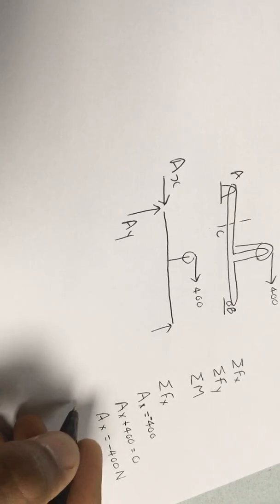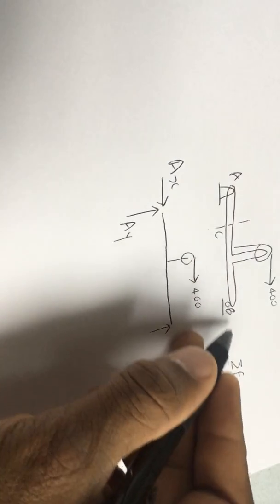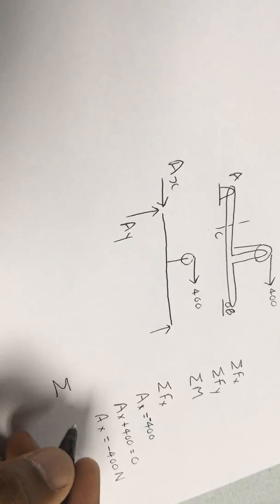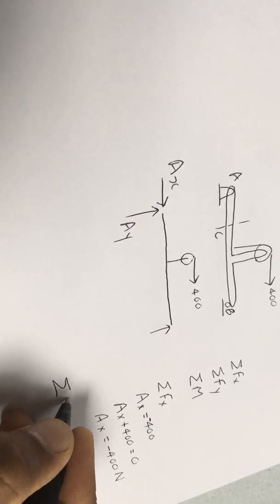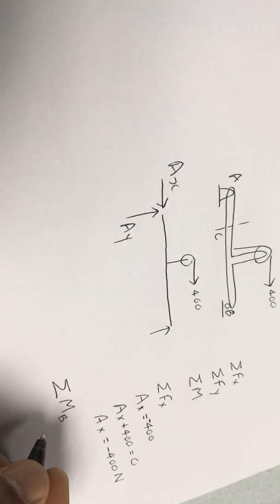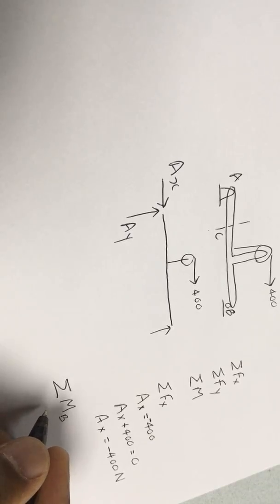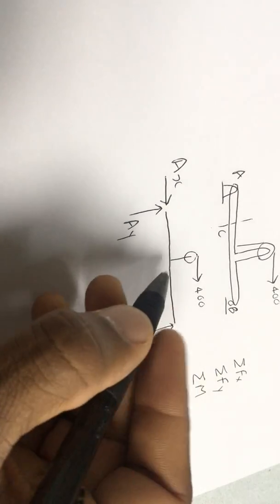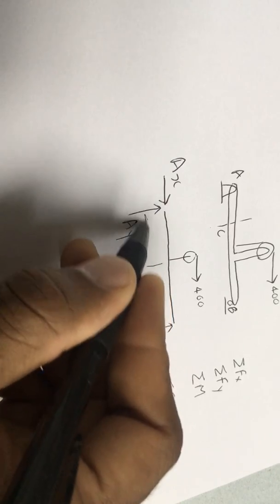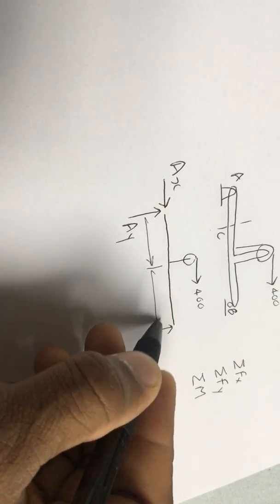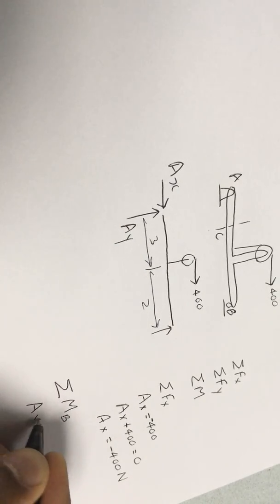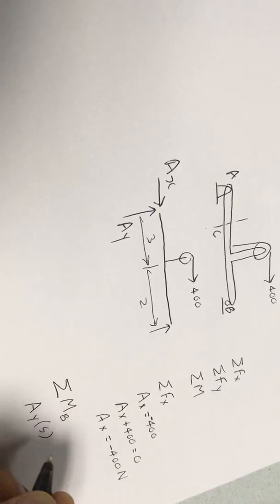The next thing that we could do is sum the moments about B. And remember when we said the forces are acting along, and there's no perpendicular distance, we don't have a moment to consider when we're taking into consideration those particular forces, right? So the sum of the moments about B would give us AY, and we know that this distance here is 3 and this is 2. It's not shown very well in the image, but AY multiplied by 5